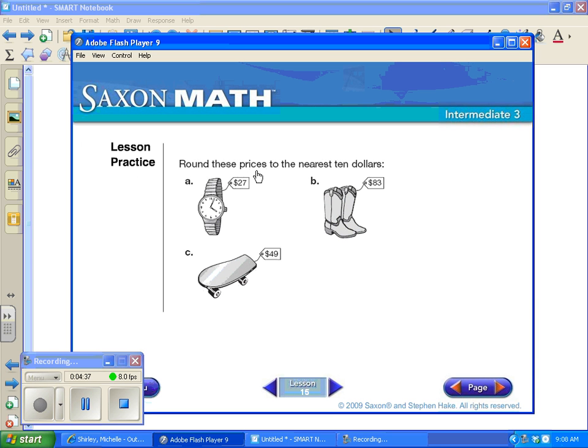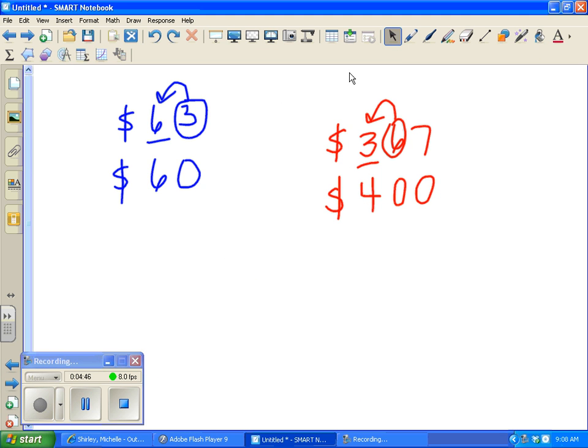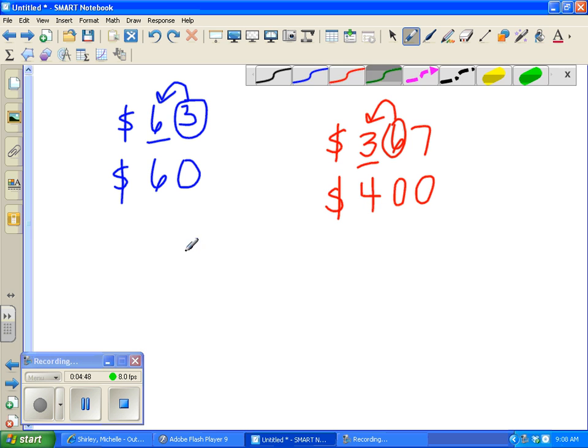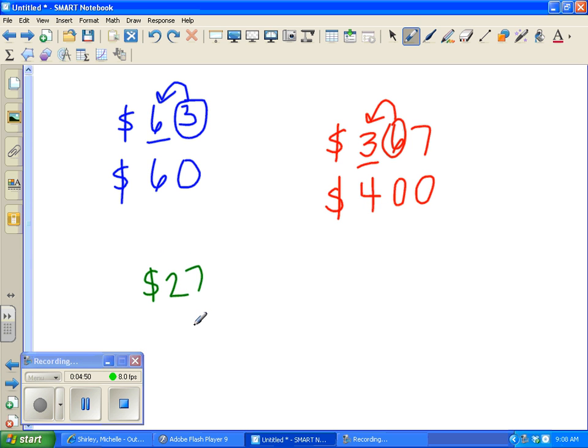Lesson practice. Round these prices to the nearest $10. Okay? Look at A. We've got $27. Now I can come over here and do it this way and write out 27. It said nearest 10, so I underline the tens. Everybody, I underline the what? 10. The